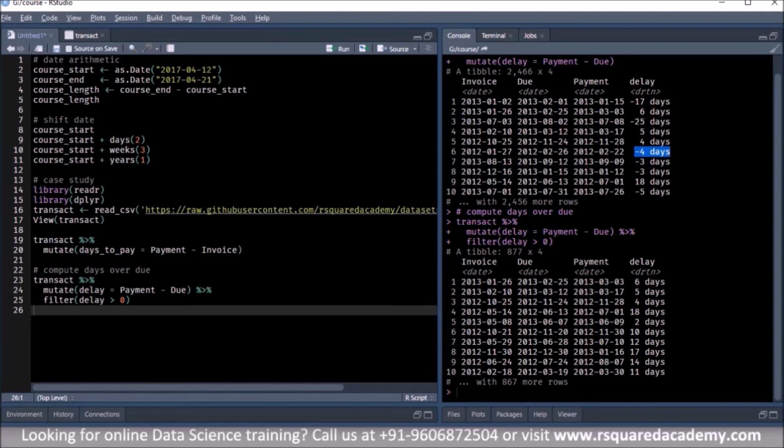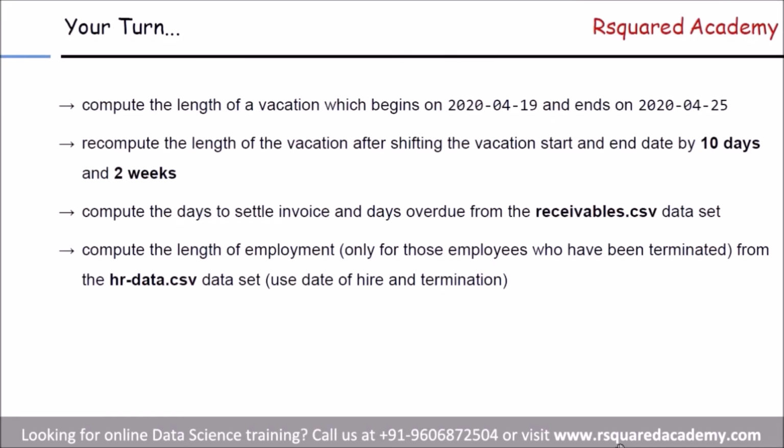So this module again was a small module. We just wanted to show you how to do some basic date arithmetic, that is, update the dates, different components of the dates, or change them. And we also used the case study data set for the first time. In the previous module we didn't use it, when we were looking at the Date, POSIXct and POSIXlt classes. Here we have started using it, and going forward in some of the modules we'll continue to use the case study data sets. So what we want you to do next is a few practice questions.